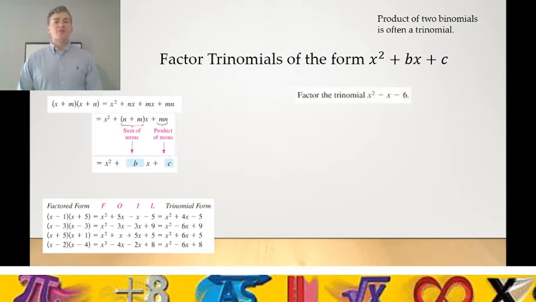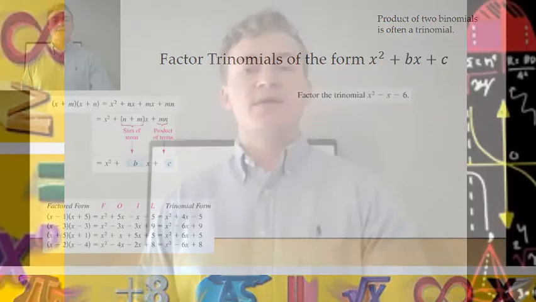So we'll look at an example here. We're being told to factor the trinomial x squared minus x minus 6. We need to think about how we got here. If we have this trinomial form, what are the factors that are multiplying together to give us this trinomial? In other words, we know how we received that first term. For x squared minus x minus 6,